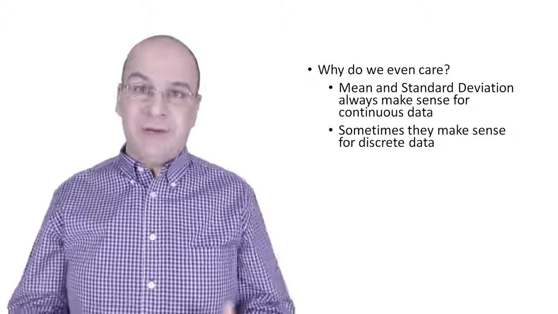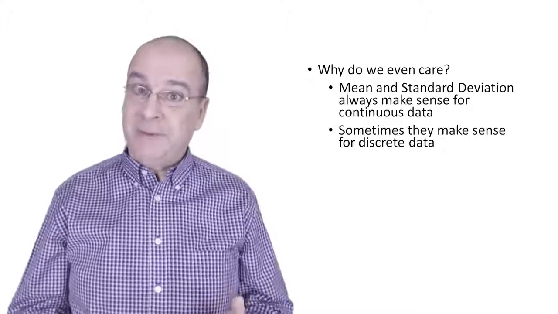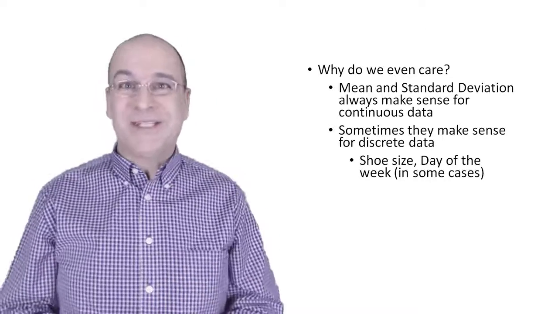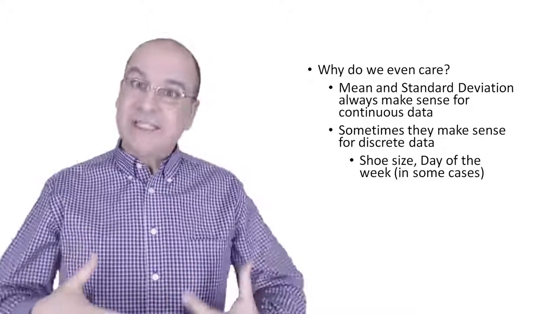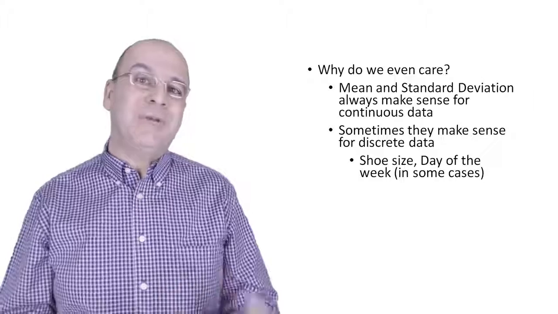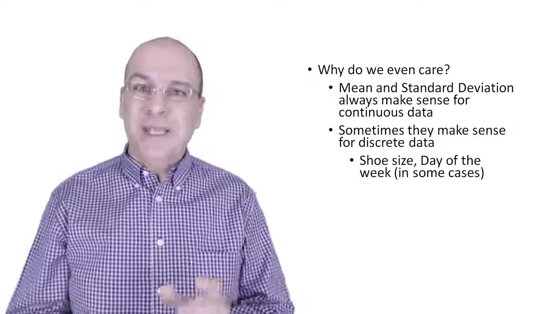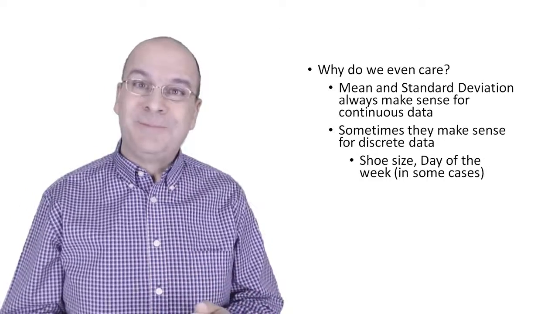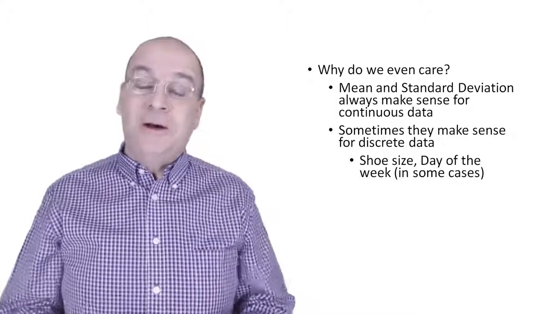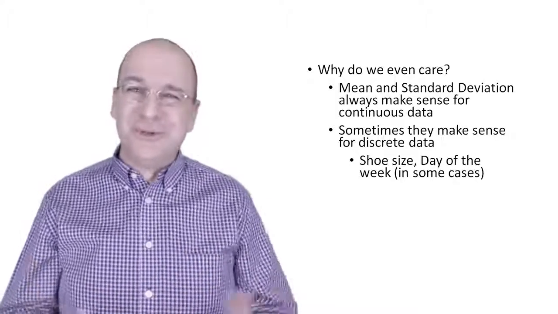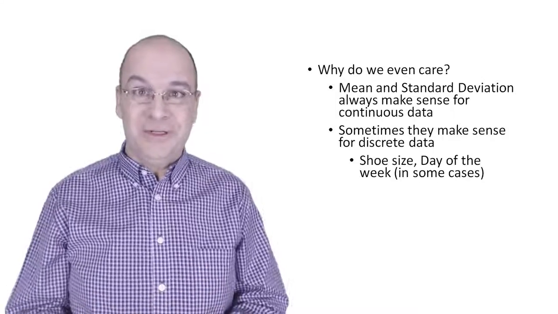Sometimes mean and standard deviation work on discrete data. We used mean and standard deviation when we were talking about shoe sizes, and it still gave us a sense for both the central tendency of the shoe sizes in a particular data set,